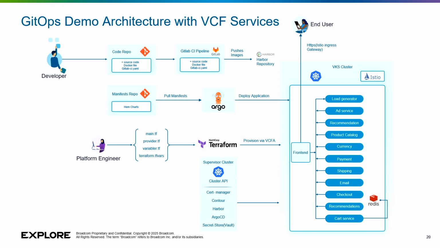Then when it comes to the developer, we've got the code repo. The developer has Visual Studio Code, right? He makes a change to the code, commits that code. It gets sent to GitLab. GitLab goes through the CI pipeline to create the Docker images, pushes that to the Harbor registry, and then Argo is monitoring any changes to the code and making the continuous delivery into the VKS cluster. So this is how the demo works, and we'll show you now, in fact. So if I come here and change,